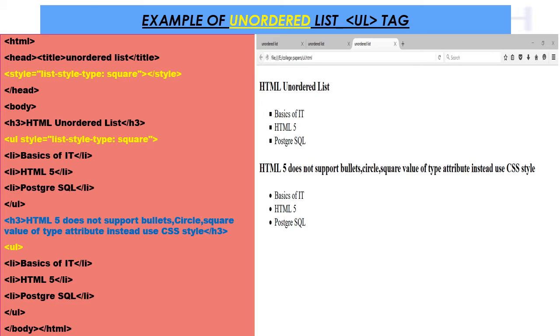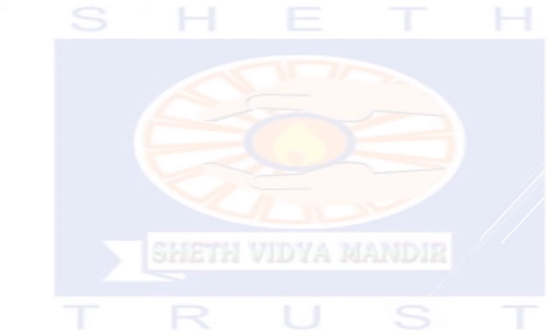So this is how you have to use the UL tag with the CSS. Always remember, in the UL tag you have to use the CSS. And normally if you use the UL tag, then you can see over here the next output. Here you can see down that it is not taking the square shape. By default it is taking the bullets. So this is the difference in the UL tag. Let's move ahead with the next topic.